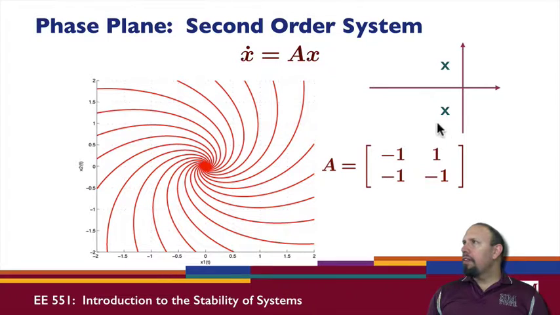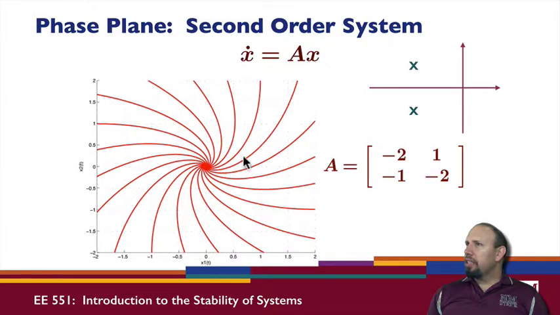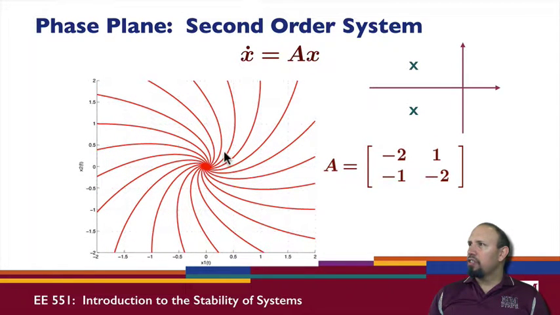All right, so now the poles are located at this place. If we shift them further to the left, we can see that basically I get a faster convergence. That is, it has less time to spiral as compared to this one. So this one has more time to spiral because the convergence is slower. Here the convergence is faster, and so it doesn't spiral as much. Okay, so notice that in this case, the